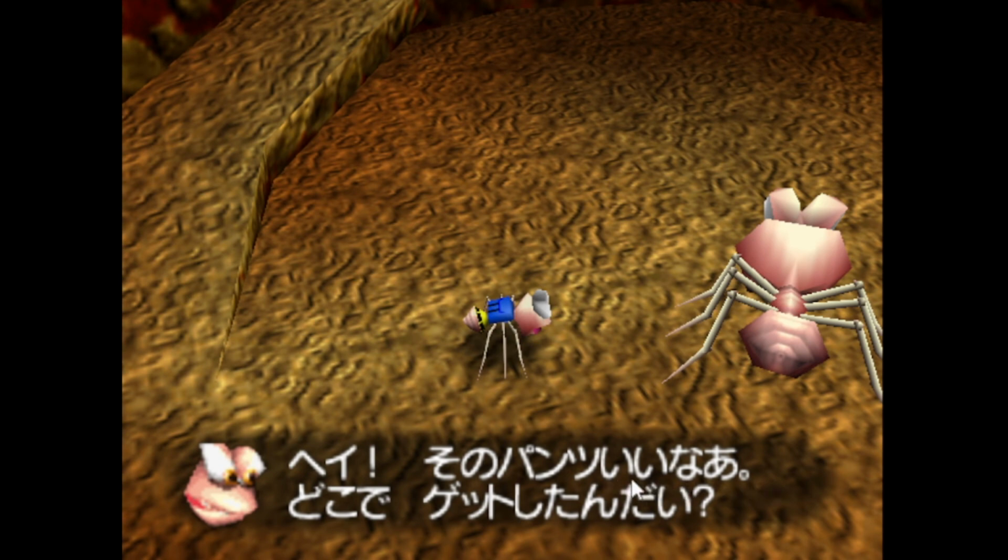Or maybe, I suppose if it was like envy, what's the word? I said this earlier. Its inflection would be like ee na, a little bit of craving, kind of disappointed that you don't have them yourself, sort of thing. And then doko de getto shitandai. So doko de, just allowing a verb to be done at the place, which is a question in this case. So at where? Kind of, did you get them?